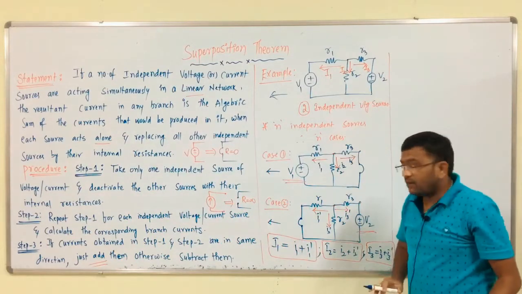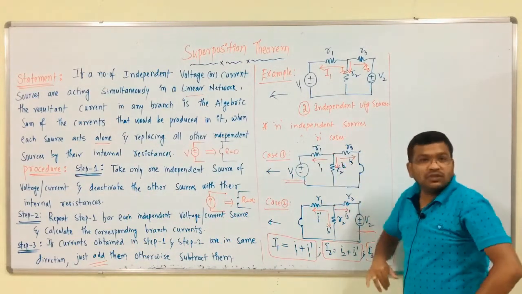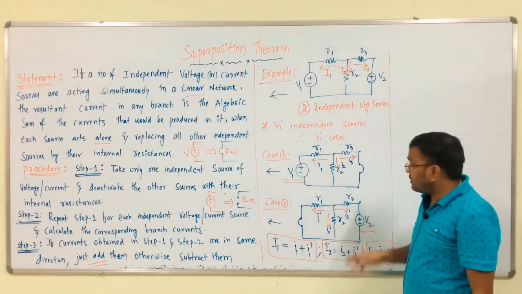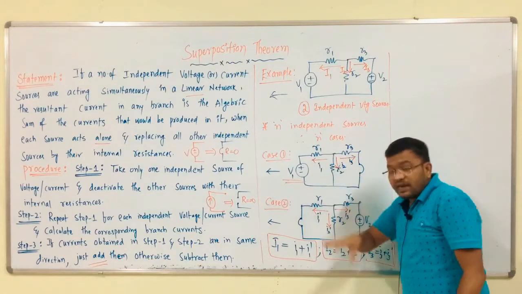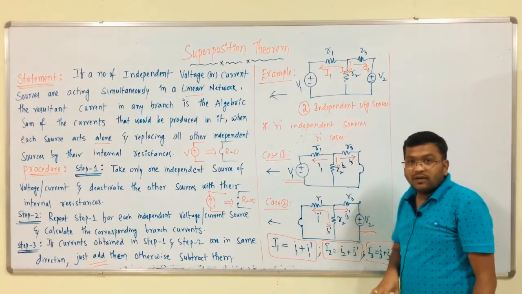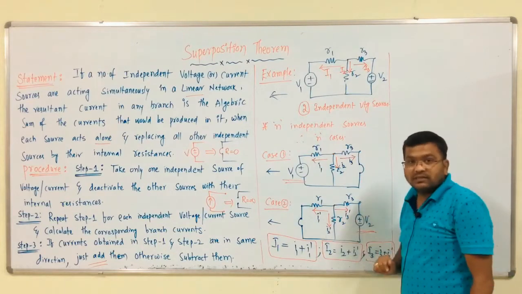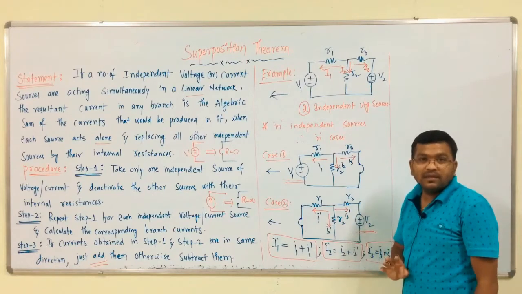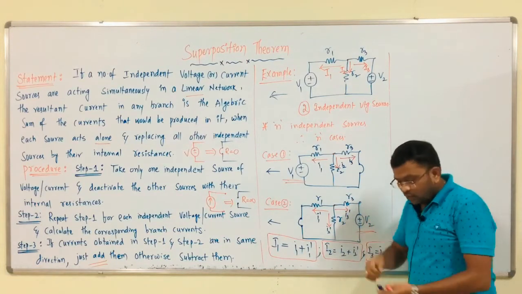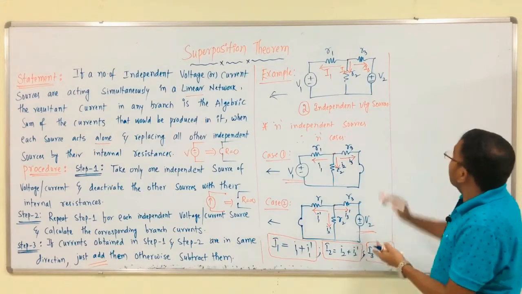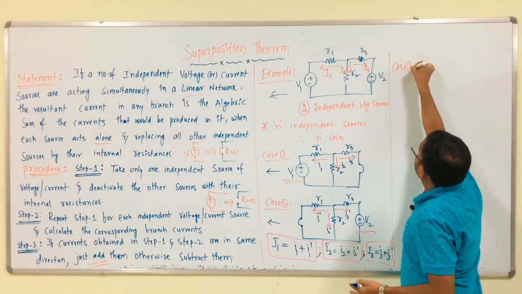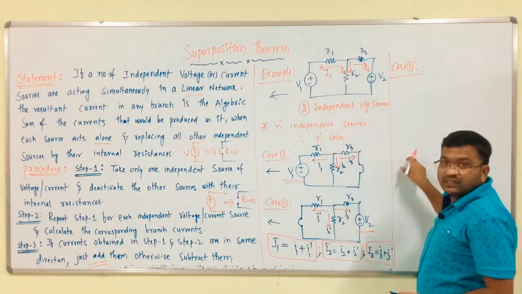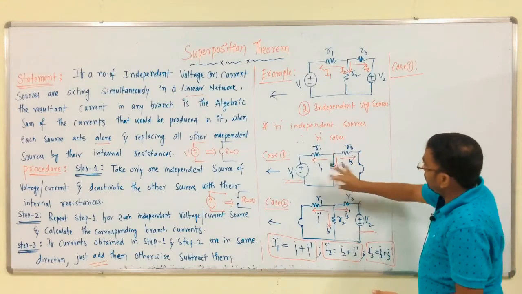So, this is the given circuit. This is our assumptions. These are all our assumptions. If you raise a doubt, for example, sir, you are considering all current directions away from the node, no? I am going to consider different directions. Then can we get the same answer or not? That is your question, right? Now, I have to cross check. That is case 1. This is the main circuit. We have two independent voltage sources. We have two cases. Case 1. So, this is the circuit.